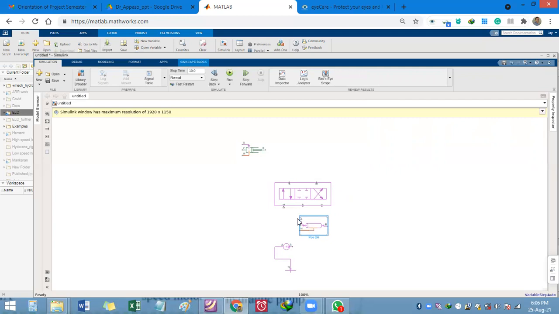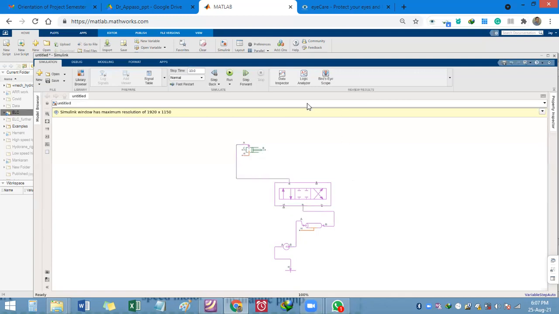So to consider the dynamics of the pipe, we can include a pipeline at this place between the DCV and the pump, and just connect it like this. In this way we can connect different blocks and make our pneumatic circuit.